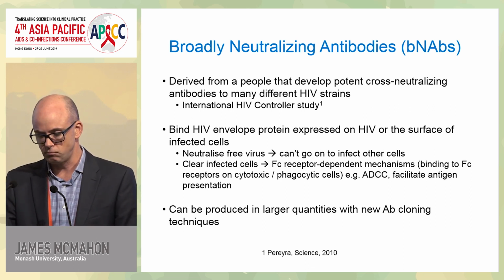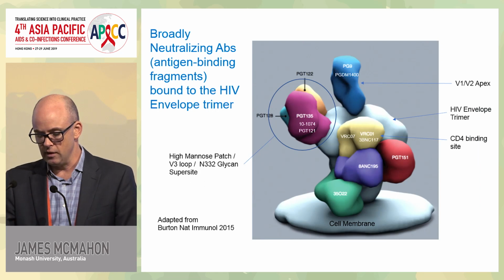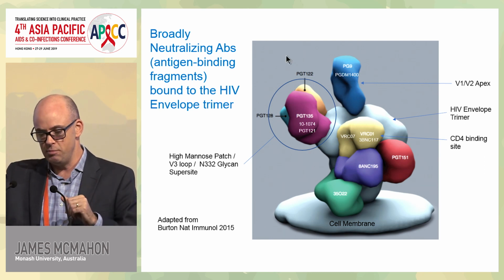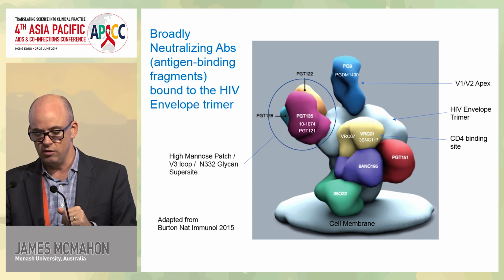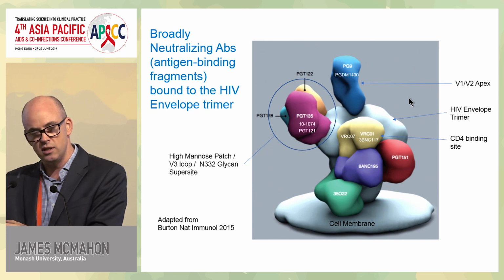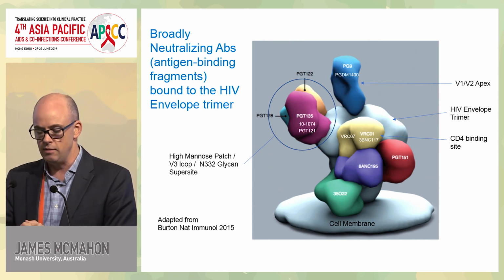This figure really shows the light blue is the HIV. This is the membrane of the virus, and this is that envelope trimer in light blue in the background that I showed before with CCR5, for example. All of these coloured blobs are the Fab binding sequences. If an antibody's a Y, it's the little part on the end that binds the antigen, and that's the spot where they're binding on the envelope spike. The little names are the names of the antibodies now being used. Many of these are now in clinical trials, and you can see that it's not just one spot. There are antibodies that can penetrate and bind the envelope spike in different spots.